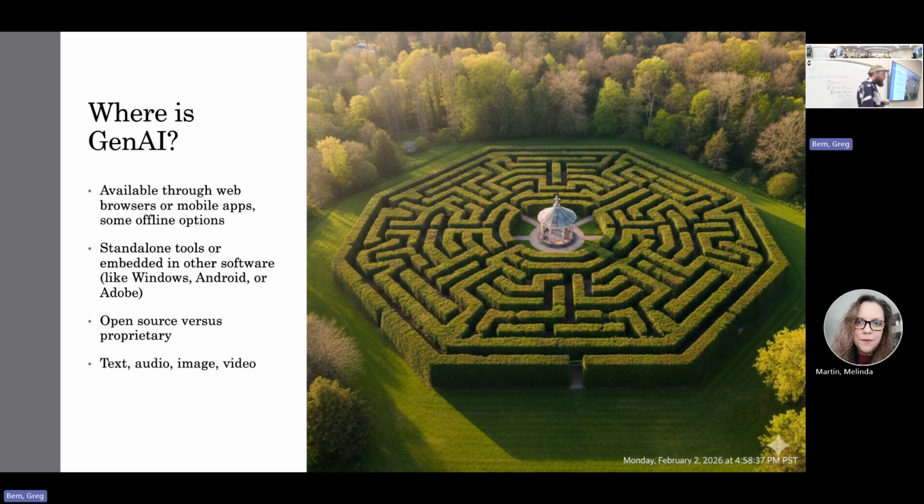Where is GenAI? We have talked about how it shows up in a lot of different places technologically. It also shows up in a lot of different places in terms of the type of content. We've talked about this a couple times today. GenAI is impacting our world in the context of text, audio, image, video, and all of the multimodalities, PowerPoint slides, for example, presentations, all these different types of websites and applications that can use GenAI to power and function.